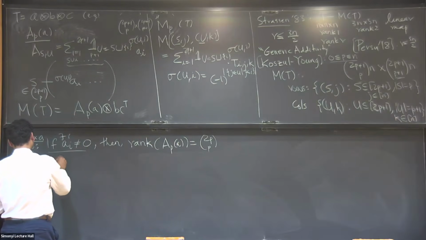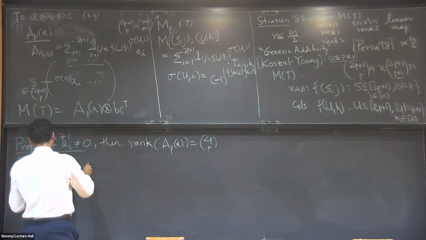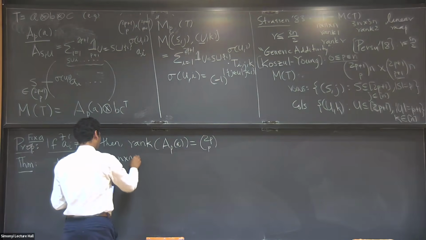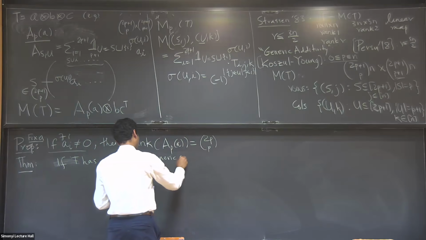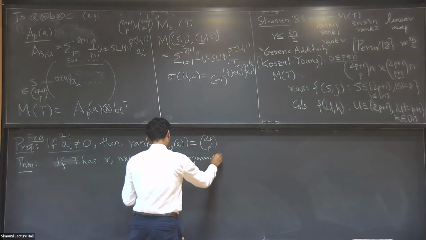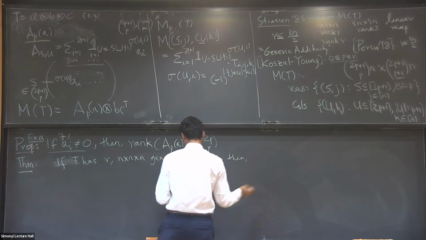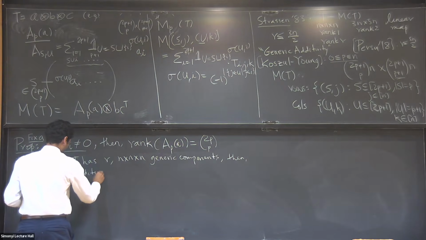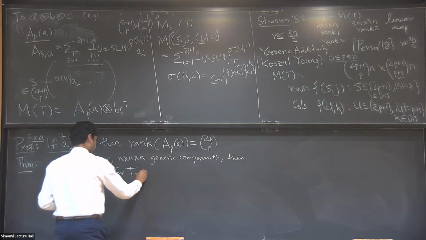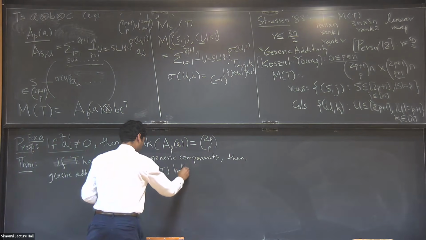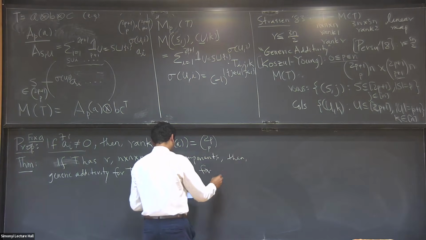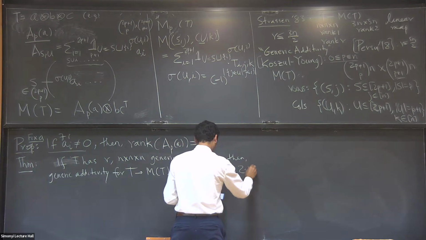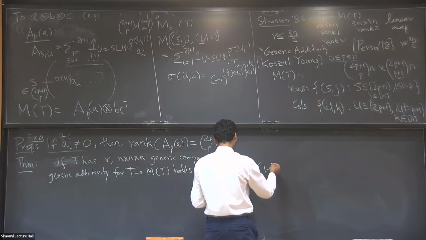Yeah, so we'll just work with, maybe I'll just write in short that if P has R generic n by n by n components, then generic additivity holds for R at most 2 times n times 1 minus